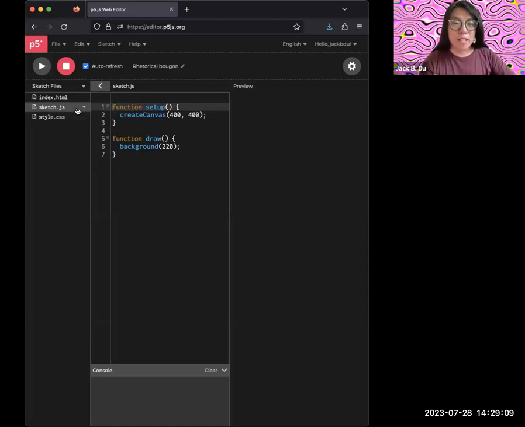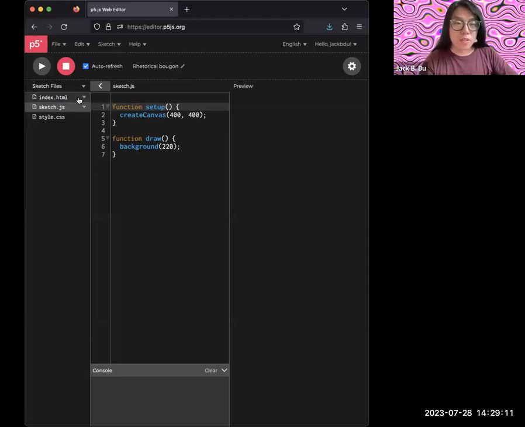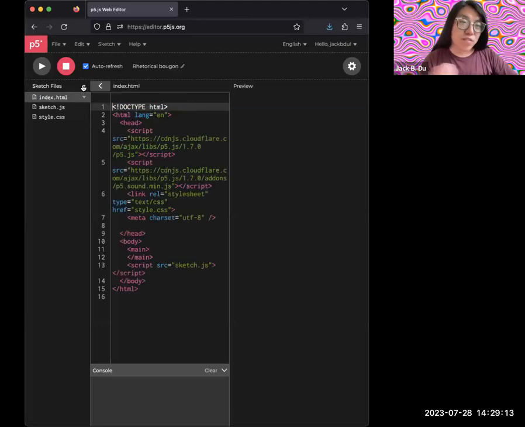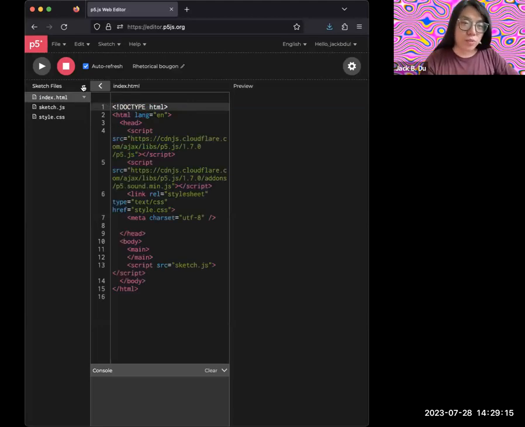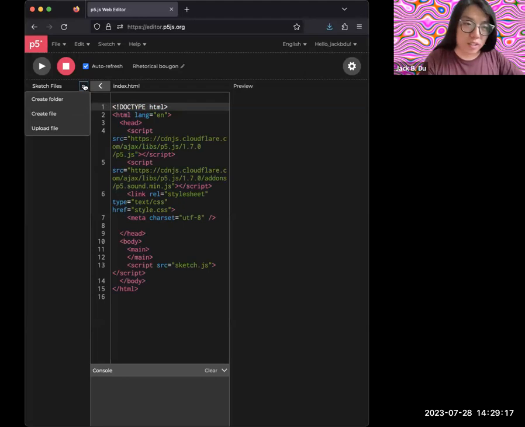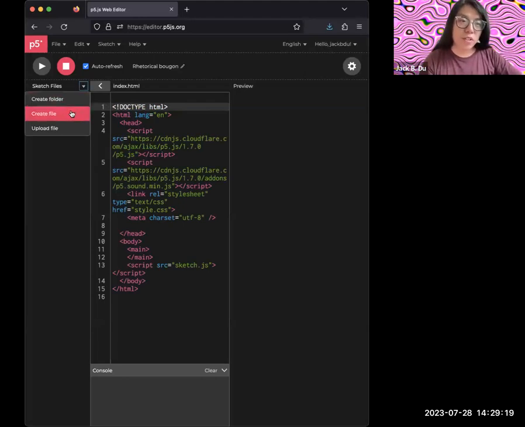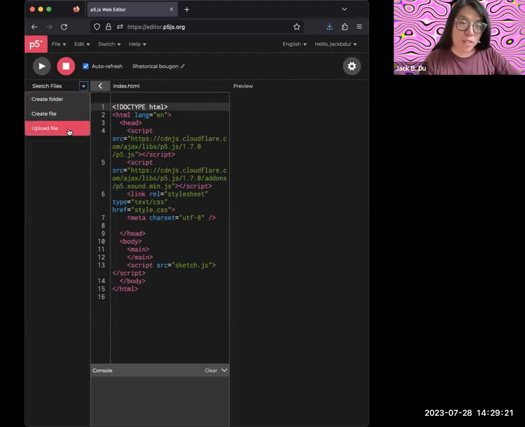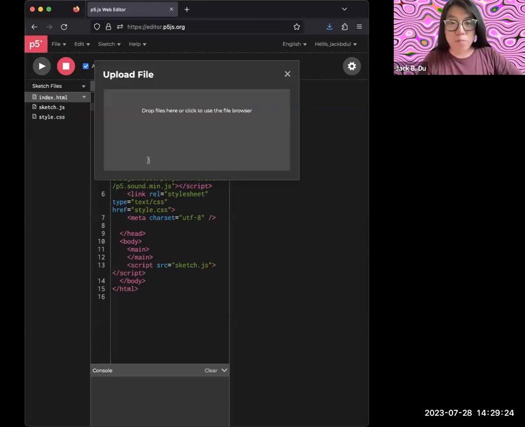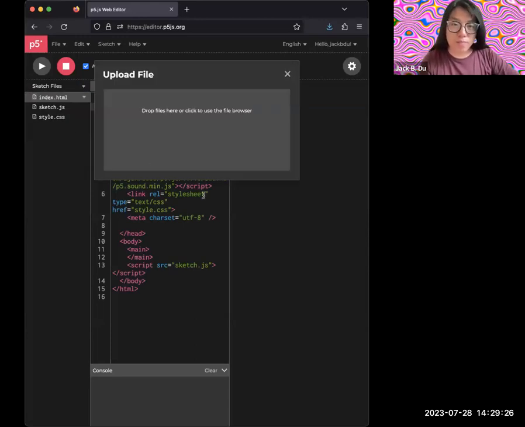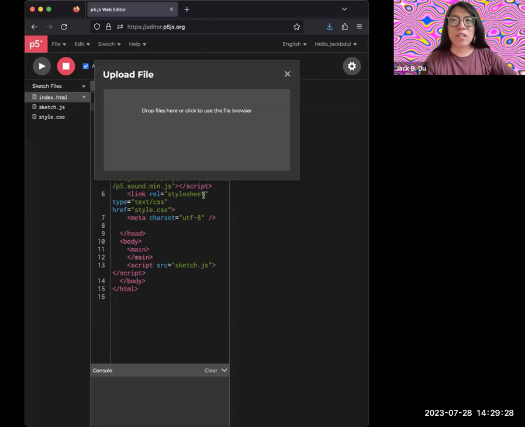So in order to add an image, you want to add a file inside of this project. You can create a folder here, create a file, or upload a file. So I'm going to upload a file. I already prepared a file. You can use any file. I recommend using a square image,